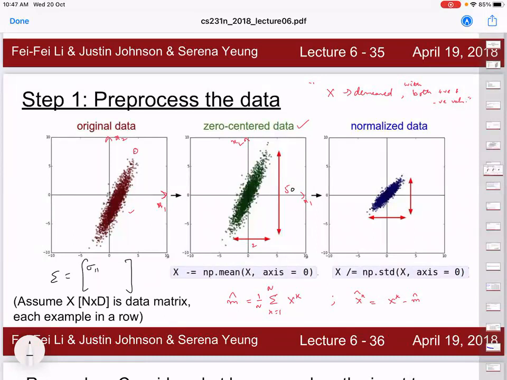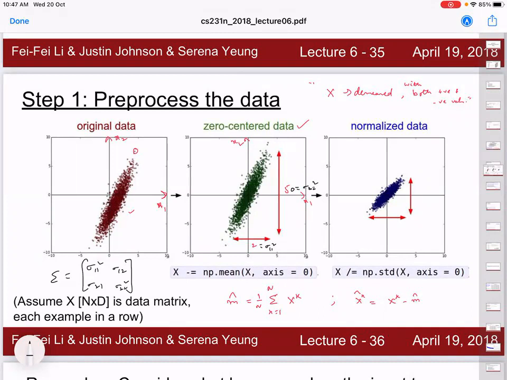Sigma 1 1 square, sigma 1 2, sigma 2 1, sigma 2 2 square. This is how the covariance matrix looks. Here, this is sigma 1 1 square, and this is sigma 2 2 square. And then sigma 1 2, you can see that it is positive. So now what we can see is that sigma 2 1 is equal to sigma 1 2.